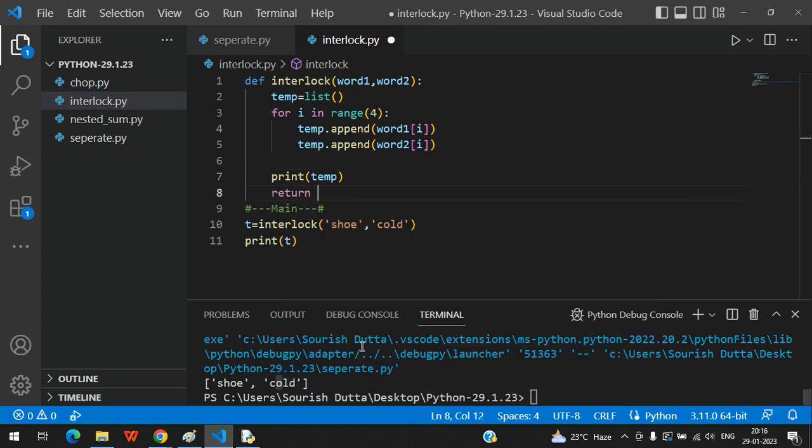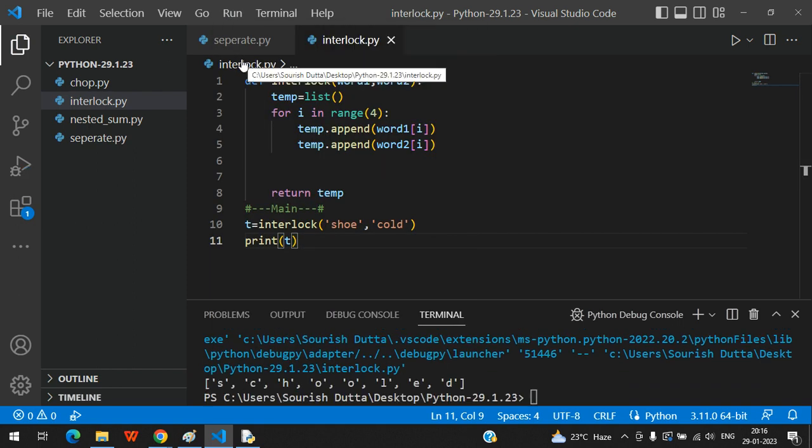I'm returning the temp here. If I return temp, then I do not have to print the temp here because the printing will be done here. Now see, if we run the code, we are going to get, see here,